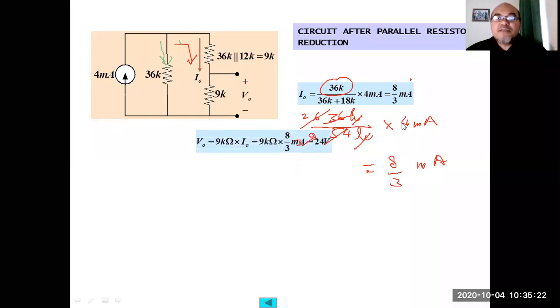So from this 8 over 3 milliampere, we obtain the voltage output. I have to erase this one and make it clear. Okay, so we obtain the voltage output by 9 kilo ohm multiplied by that current I out, equals 9 kilo ohm multiplied by 8 over 3 milliampere. So it means then,